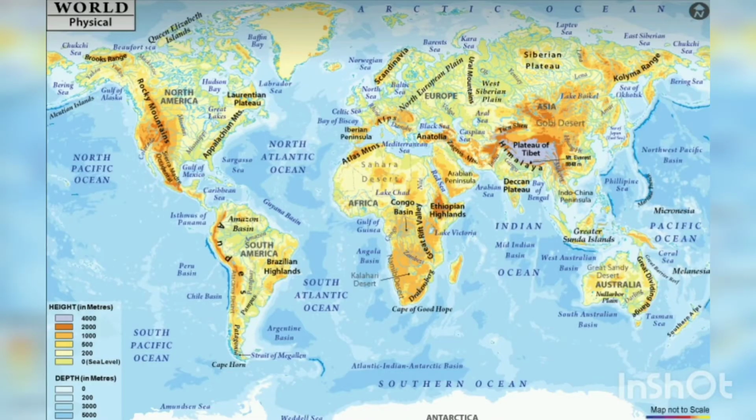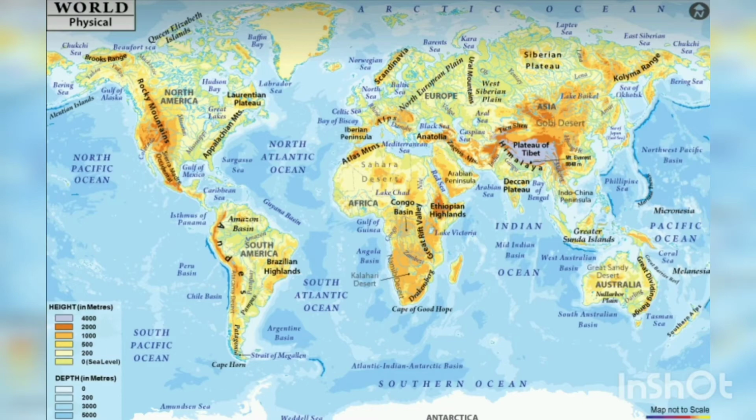Now this is a world map. They have given you the picture with an index on the left side, which will help you tell the height of the land from the sea level, whether it is low-lying land or a mountainous area, or whether it is very near to the sea or to any river. So this physical map is very important whenever they are going to make a dam or for other purposes. You need both the maps, but the physical map is important because it will help you know the height at which you have to build the bridge or where the landing should be. So all this is based on the height of the land.